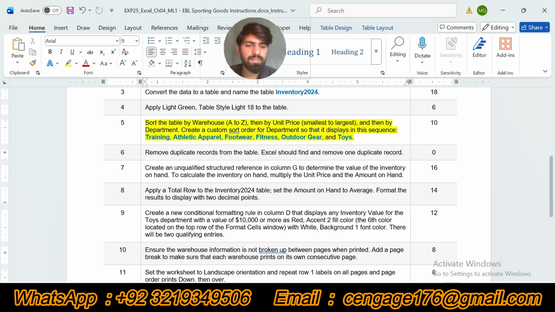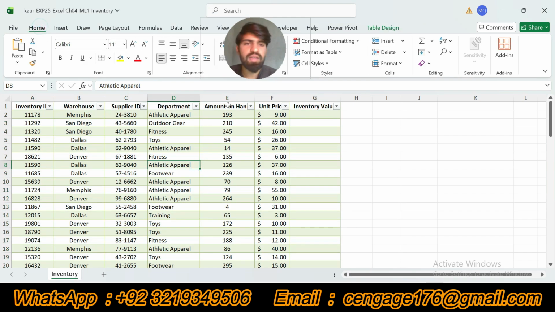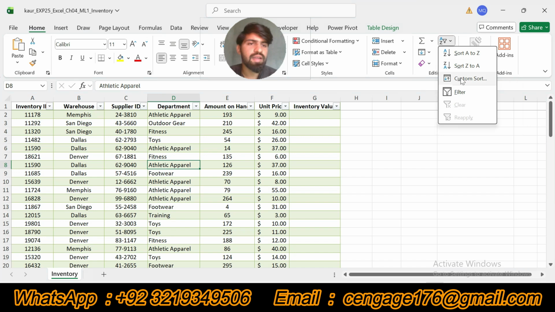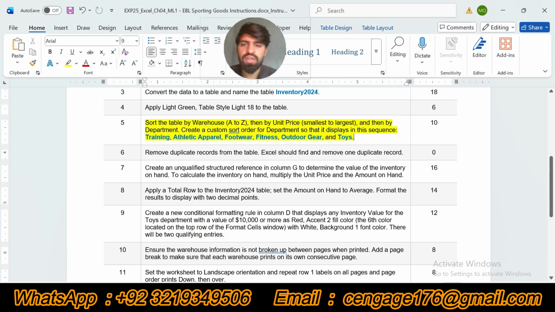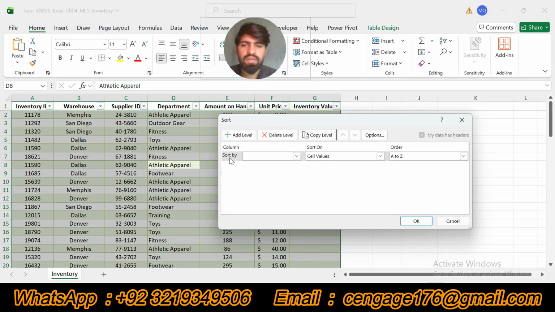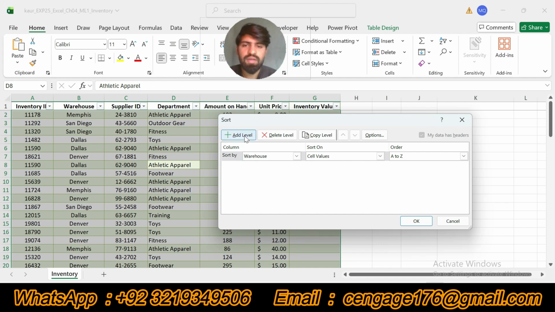warehouse A to Z. Go to Excel workbook and then go to Home tab and then go to Editing group and then go to Sort and Filter and then click on Custom Sort. Sort the table by warehouse, sort by warehouse A to Z and then edit the second sort by unit price smallest to largest. Added a second level, added level, second